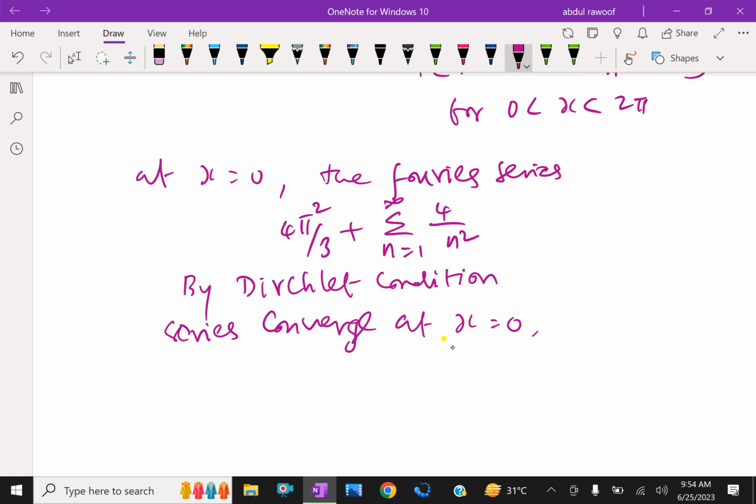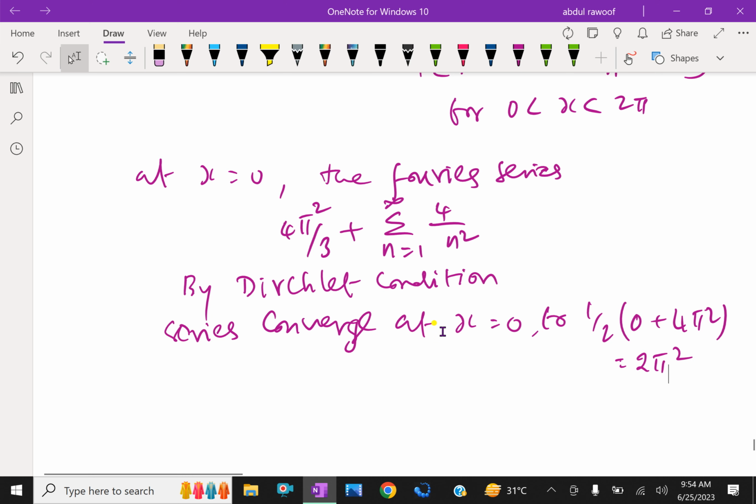Therefore, at x equals 0 the value is half of 0 plus 4 pi square plus 2x square, which is equal to pi square. Therefore